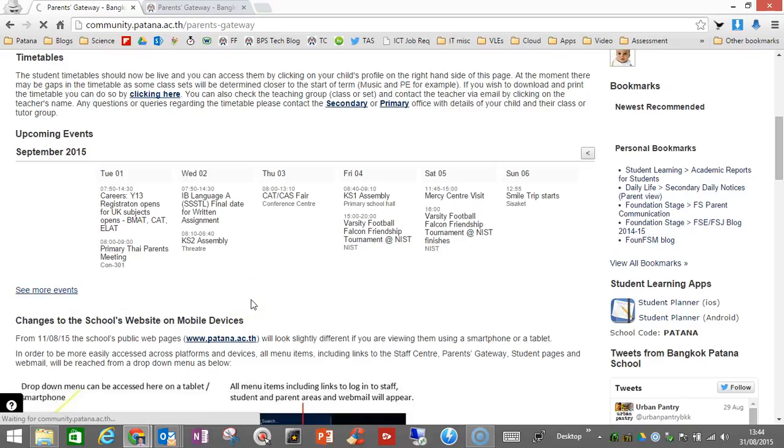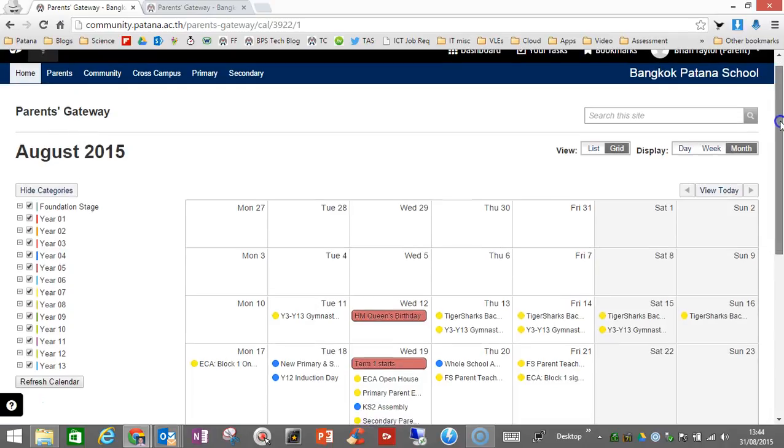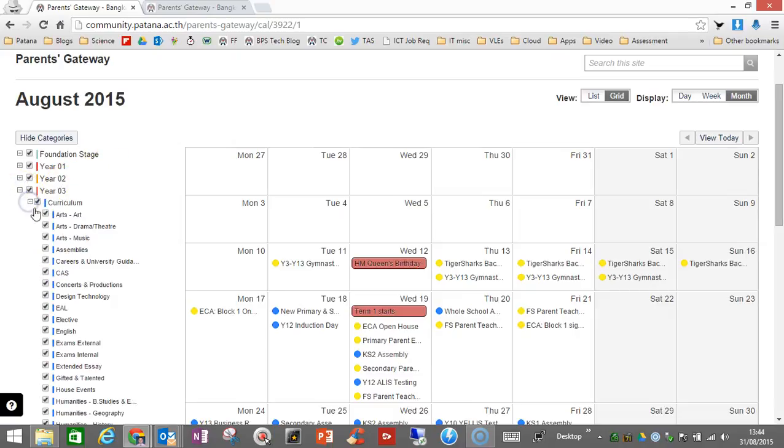It does take a little bit of time to open up the whole school calendar, but once I've shown you how to download the calendar to your Outlook or other mail client, then you'll find it a lot faster. So you can see here, these are the different areas within the school. We can open up these things and drill down into much more detail, but I just don't want to do